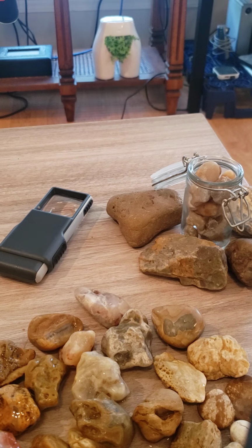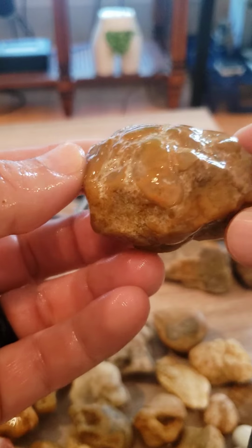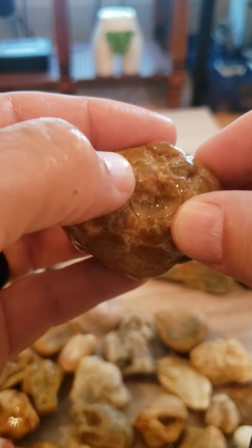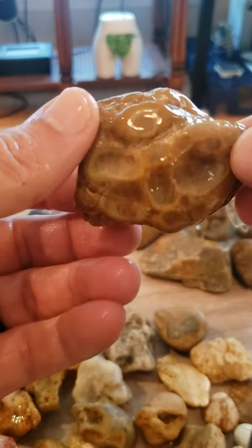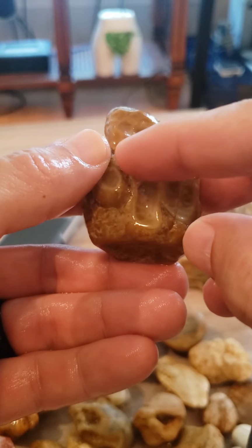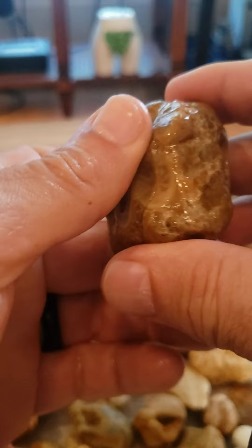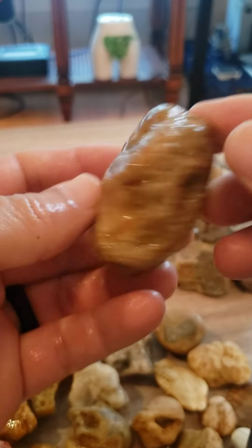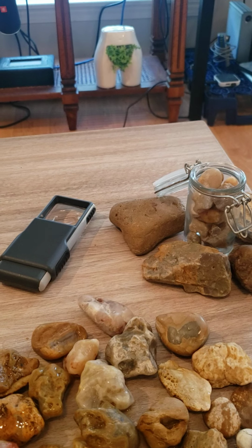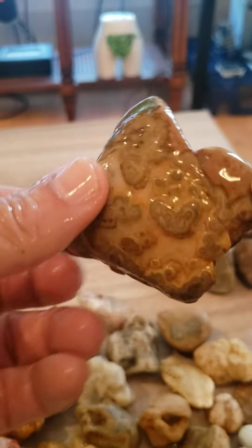Nice little piece of Crowley Ridge that had broken over time. These are just so smooth, and then this stuff is so rough. So you can't really tumble these because it's going to fracture, it's going to break, and then it's only going to polish the high stuff. It ain't going to touch that inner stuff. You'd have to grind it flat, and then you're going to lose so much. So a lot of these I just leave natural if someone else wants to take them off of my hands and try to make something pretty out of them. Otherwise,